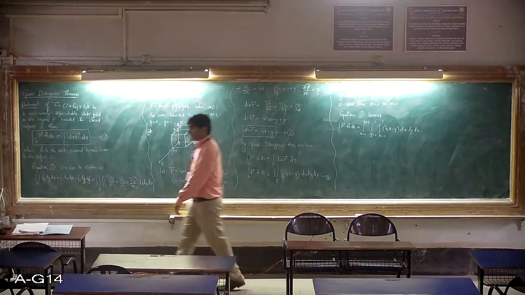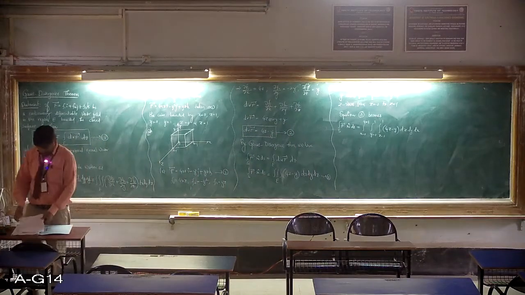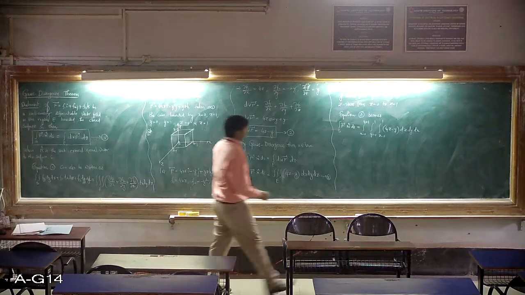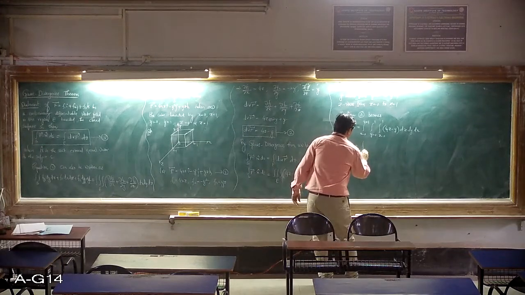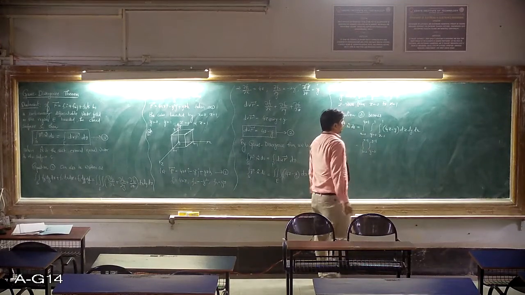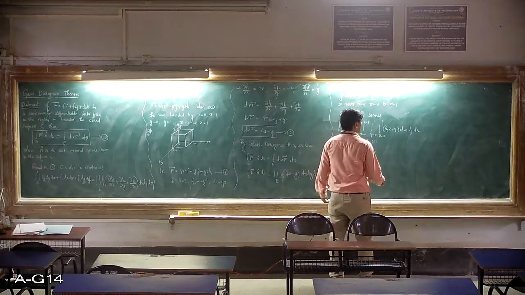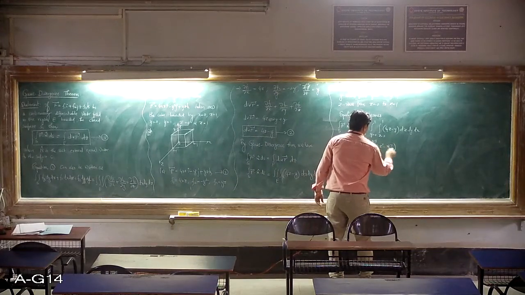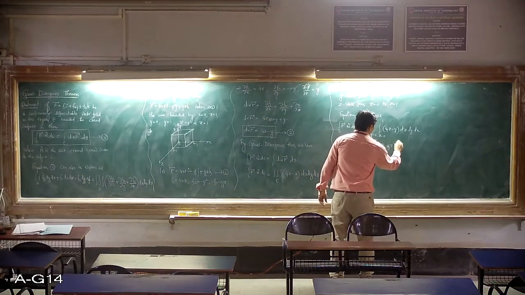Okay, simplify this: integration over x equals 0 to 1, y equals 0 to 1, integration of 4z, that is 4z square by 2, that means 2z square, minus yz,